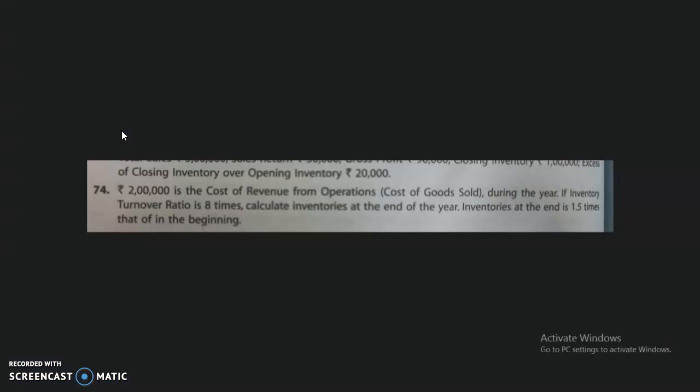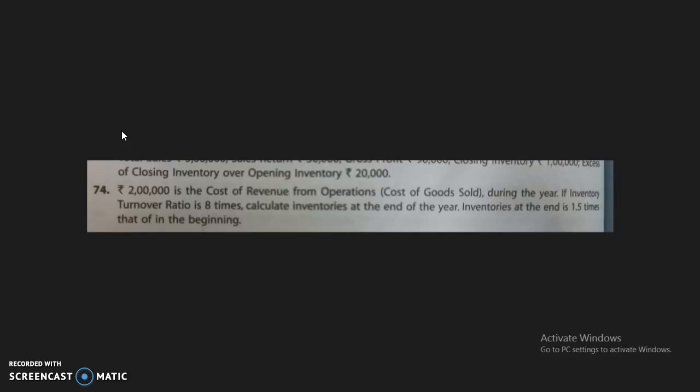In the first video I told you what the inventory turnover ratio is. Now in this video I will tell you the two important things about the inventory turnover ratio. There are two things about the inventory turnover ratio that you must keep in mind. Every time it is not the case that opening inventory and closing inventory are given. There are many times you have to find these out.